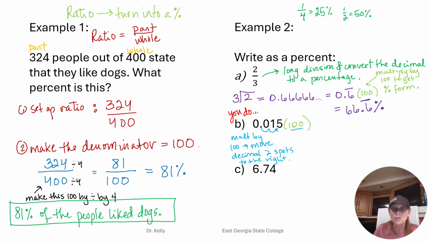And I'm going to mention this now, but it's going to come up. So that means if you divide by 100, you're going to move the decimal point to the left, right? Okay, so 0.015 is equal to 1.5%. Now don't forget to put the percent sign,